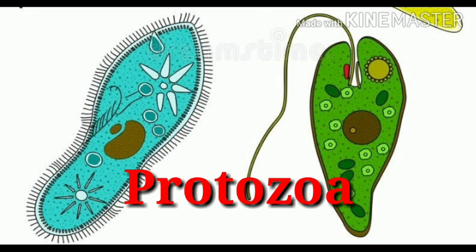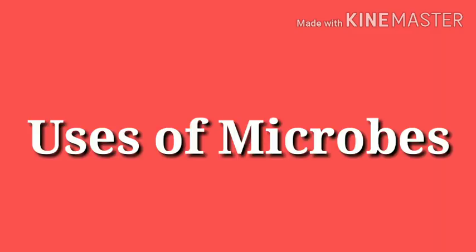Now as we are done with all the types of microbes, and we have read that these microbes are very harmful, but at the start of this topic I told you that some of the microorganisms are very useful also. So now we will learn about the uses of microbes. Some microbes are used to make bread and bun. Some are used to make curd from milk. You see that milk has been converted into curd because of some microbes.